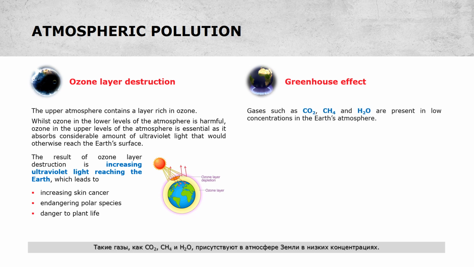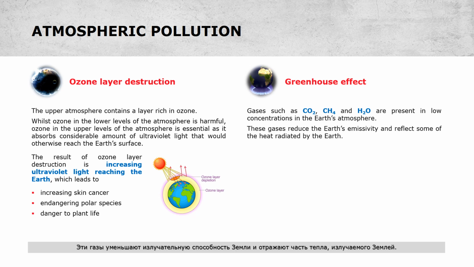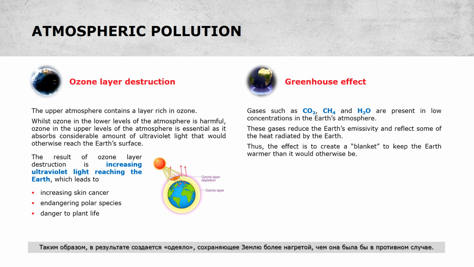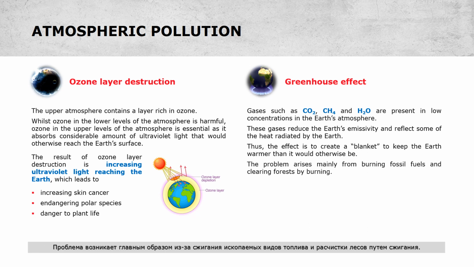Gases such as carbon dioxide, methane and water are present in low concentrations in the Earth's atmosphere. These gases reduce the Earth's emissivity and reflect some of the heat radiated by the Earth. Thus, the effect is to create a blanket, to keep the Earth warmer than it would otherwise be. The problem arises mainly from burning fossil fuels and clearing forests by burning. The result is that global temperatures increase, leading to